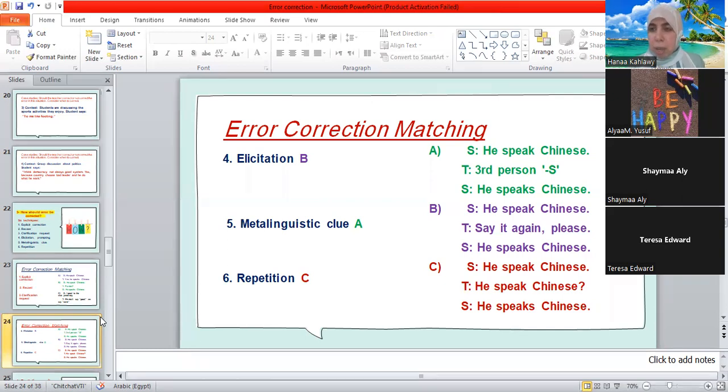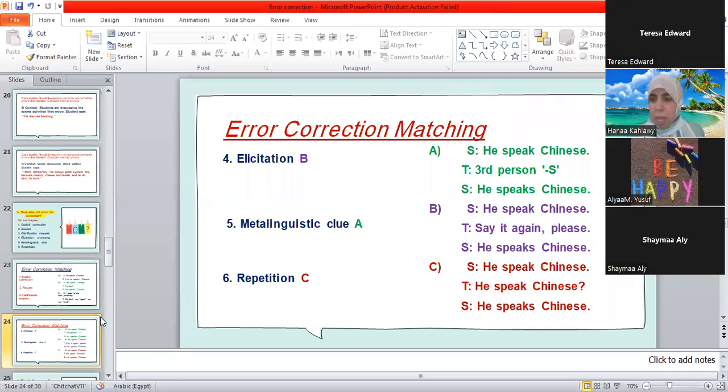We don't say the concept or the item, okay? So when I say third person S to a child in primary 1, for example, sometimes it is not meaningful for him. But if I say that to a student in prep 1, they can get the point. Yes, Teresa, go ahead.